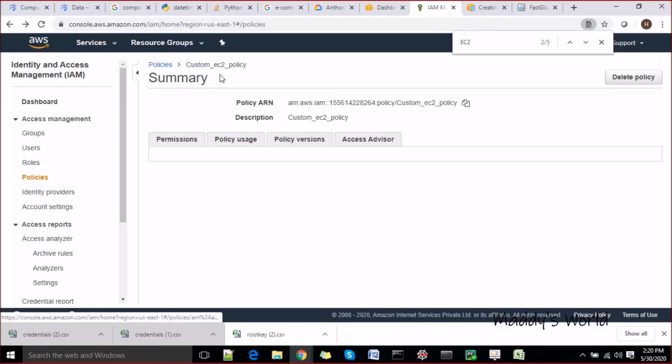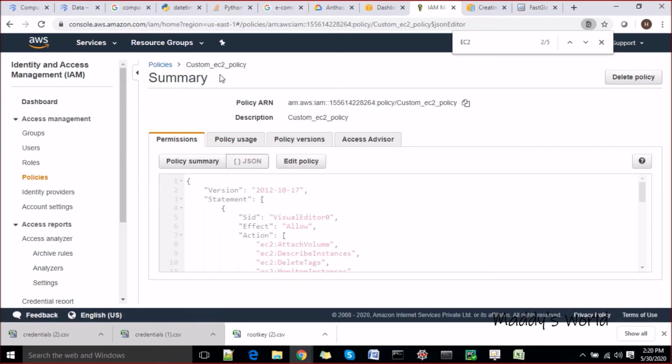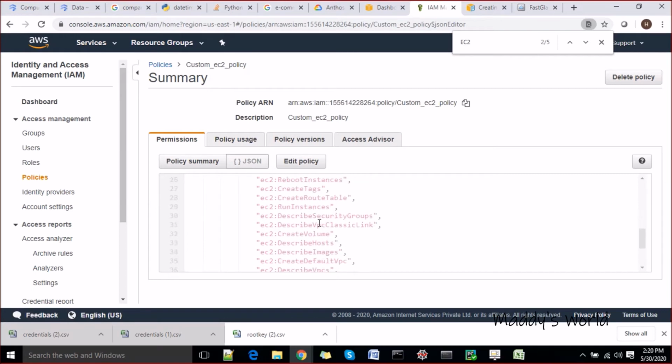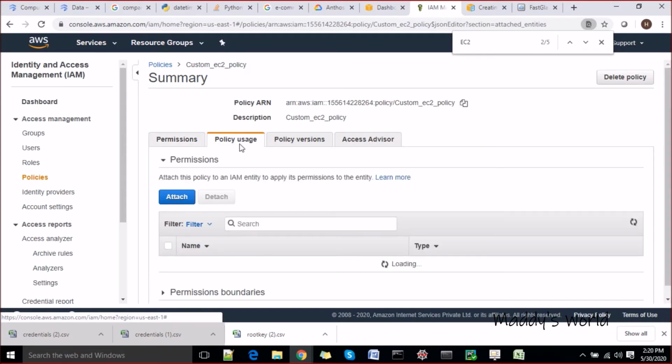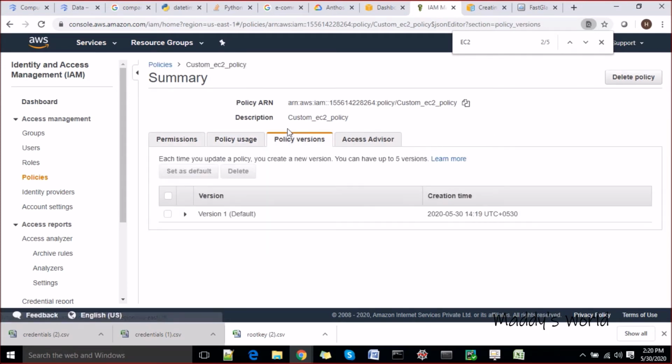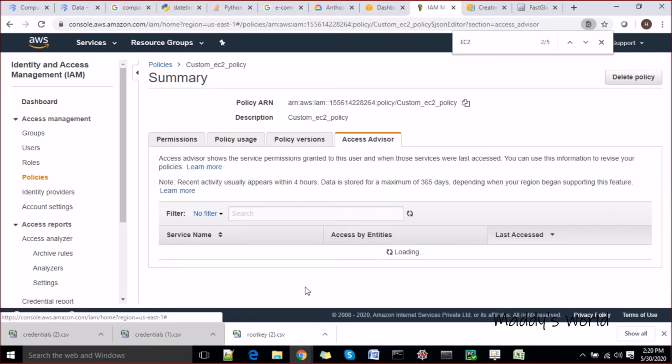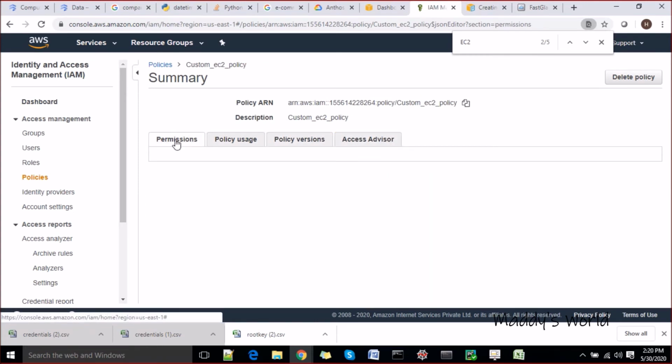The policy has been created, so click here and see what policy has been done and what has been allocated to it. You can see a couple of things that we have added here, attach and a couple of things. You can go ahead and see the policy usage, policy revision. You can see the advisor sections also here.